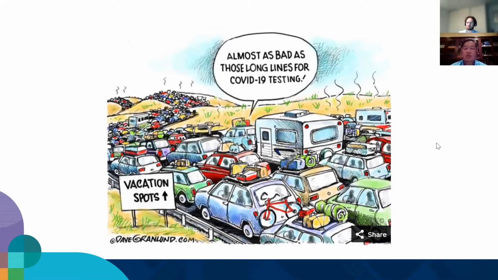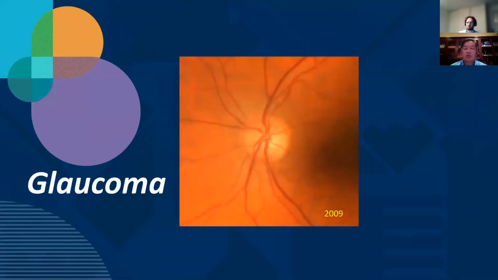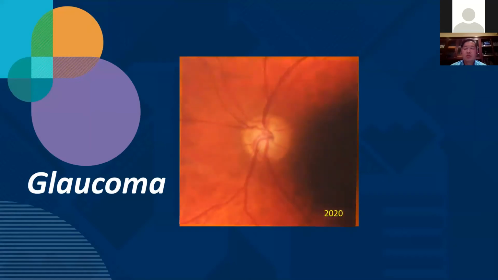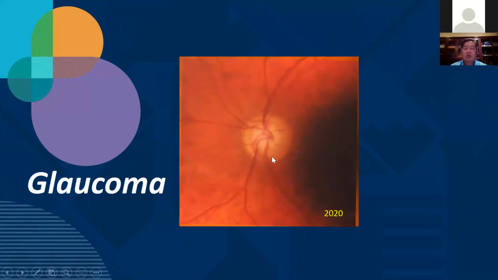Now, glaucoma. So glaucoma is a disease of the optic nerve. It's due to degeneration or loss of retinal ganglion cells that causes changes to the retinal nerve fiber layer and the optic disc. So here, this is a normal optic disc. It looks like a donut. You've got the yummy bit on the outside, you've got the hole in the middle there. And over time, there's progressive loss of the nerves. And so what happens is the hole in the donut gets a lot bigger.